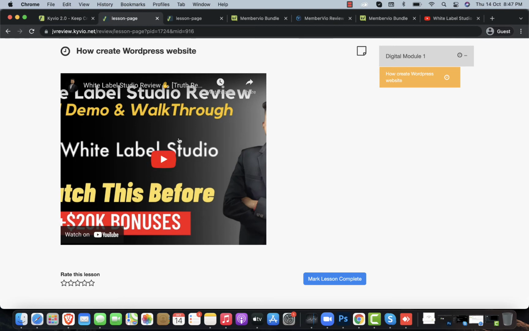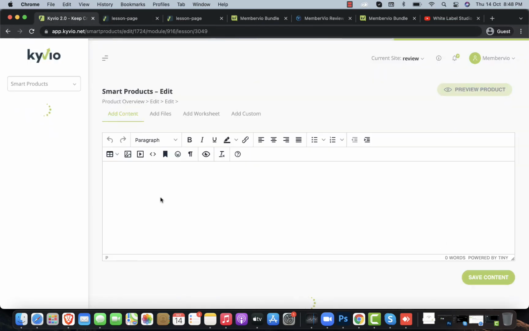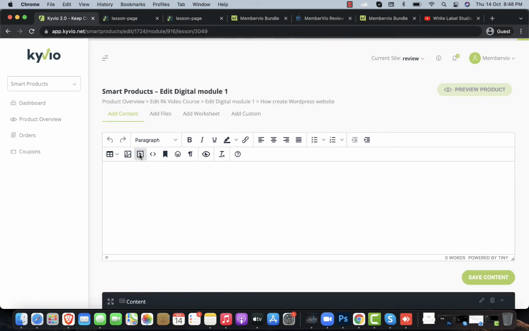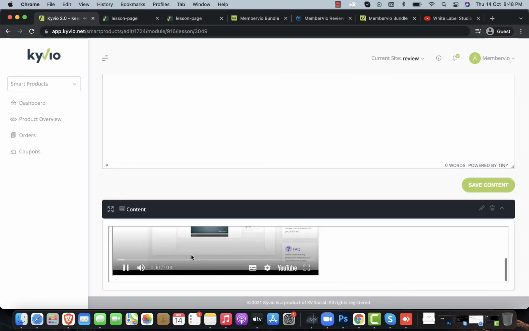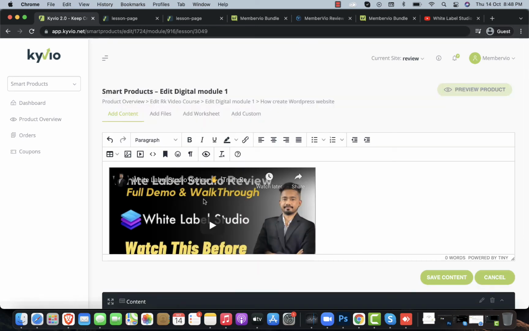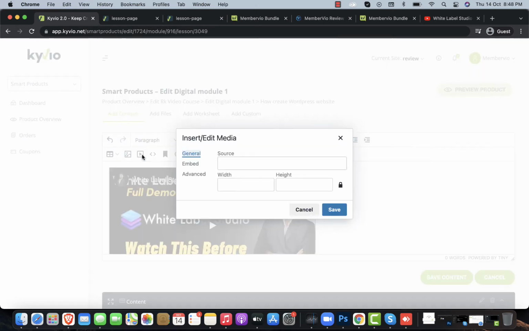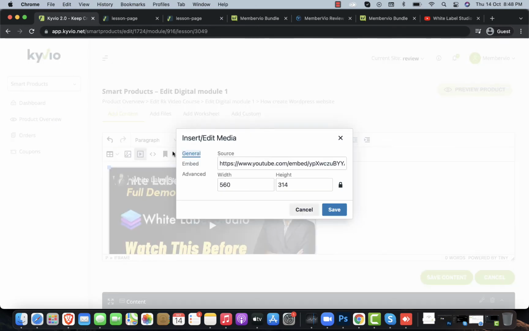Of course, I have not taken the right dimension, that's why it is showing like that, but you can fix it by going to edit. It is taking some time to fully load up. Okay, this is my video, right? And what I can do is go to edit, and now I can go to video, and for example, click on that video.